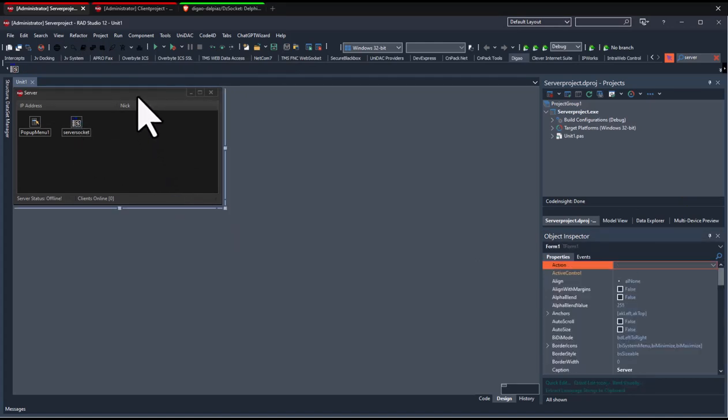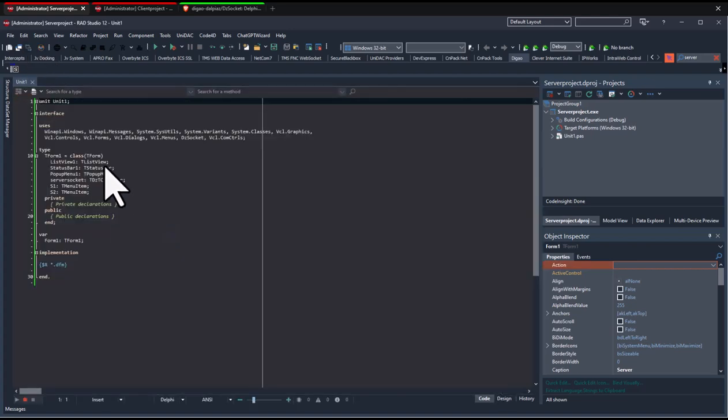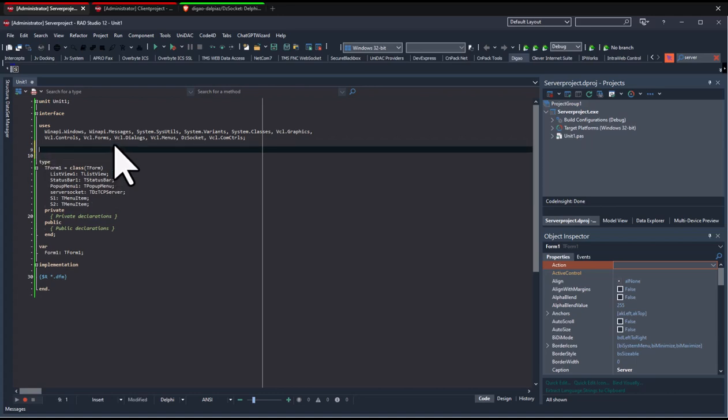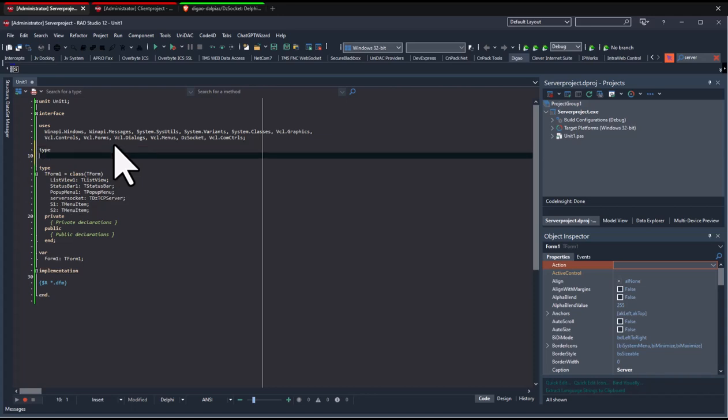We have the graphical interface set up. It's time to start the actual development of our application. So let's go into our code, scroll all the way to the top, and we're going to make a new type here. This is on the server, okay guys, so keep that in mind. So we're going to type the word type, and we're going to create a record to hold all of the